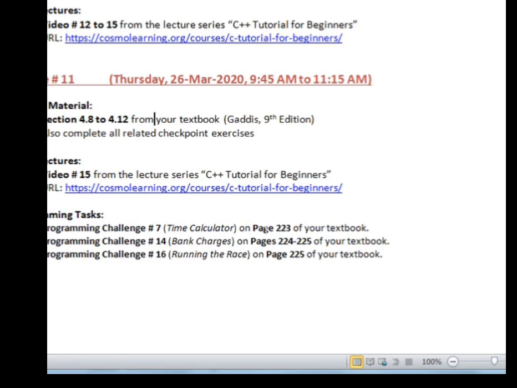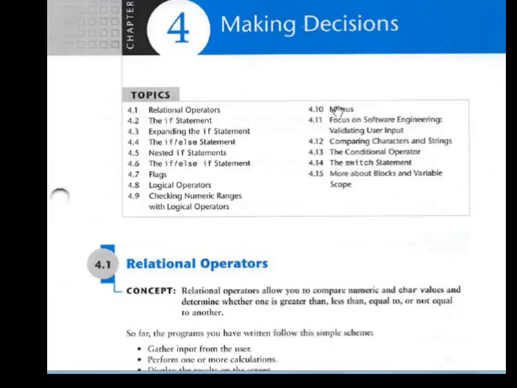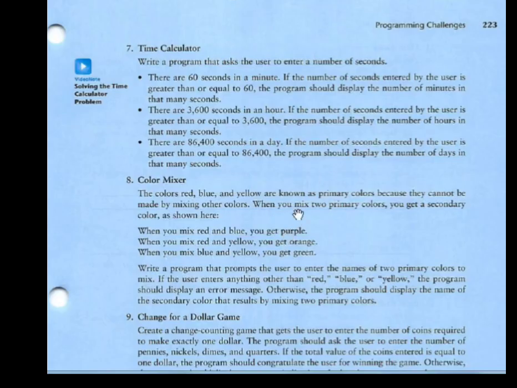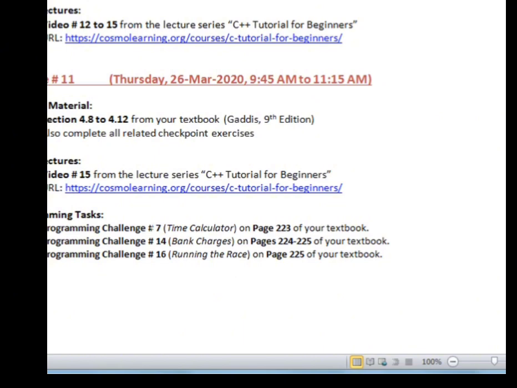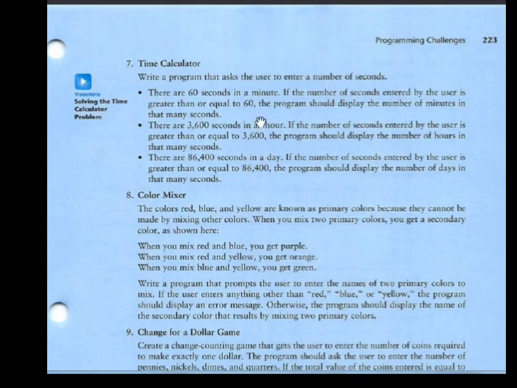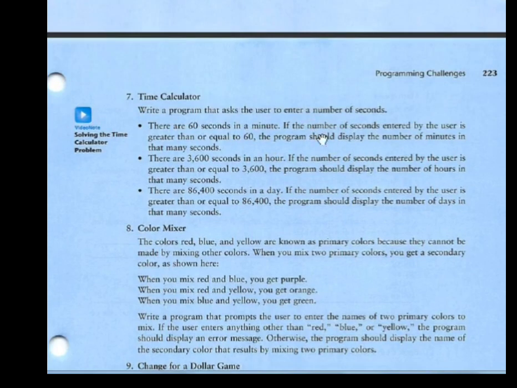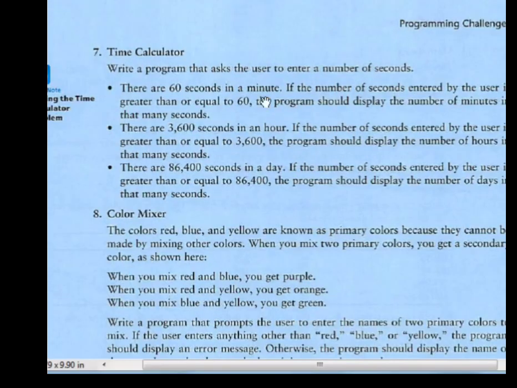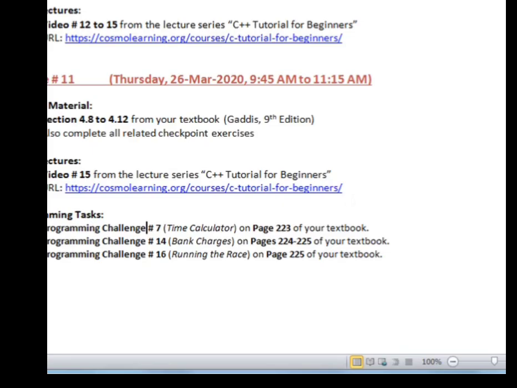For this lecture, I have also asked you to attempt these programming challenges as well. Let us go to them. Firstly, there is problem challenge number 7, time calculator. This is really a simple question. इस तरह के सवाल डिविजन एंड मॉडुलस ऑपरेटर के इस्तेमाल के थ्रू, सिंपल इफ एल्स स्ट्रक्चर के थ्रू हो जाना चाहिए। तो अगर ऑलरेडी नहीं किया तो उसको जाके कर लीजिएगा, ज़्यादा मसला इसमें नहीं।